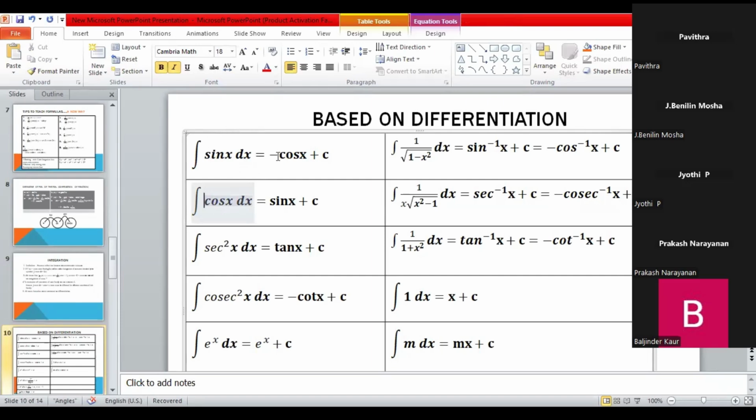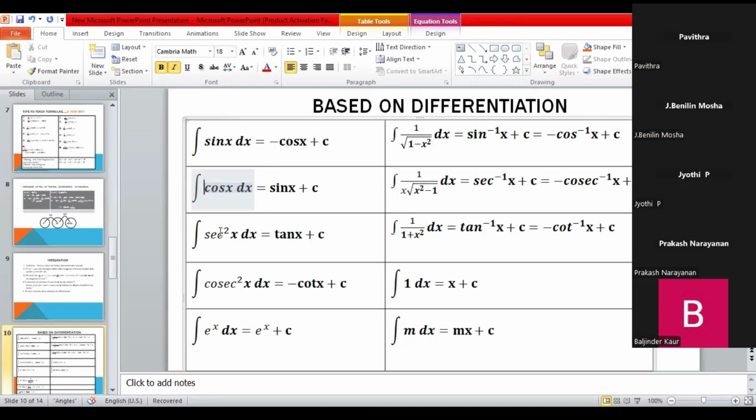ये minus क्यों आया? क्योंकि जब हम cos x का डिफरेंशिएशन करते हैं तो माइनस sin x आता है. उस माइनस को हम यहाँ नहीं रख सकते. फार्मूला बनाना है तो माइनस को राइट हैंड साइड में ट्रांसफर करना पड़ेगा. सो ये पॉइंट बोर्ड पर प्रॉपरली एक्सप्लेन करना पड़ेगा, तभी बच्चों को समझ आएगा कि ये यहाँ पर माइनस क्यों आ रहा है. सिमिलरली